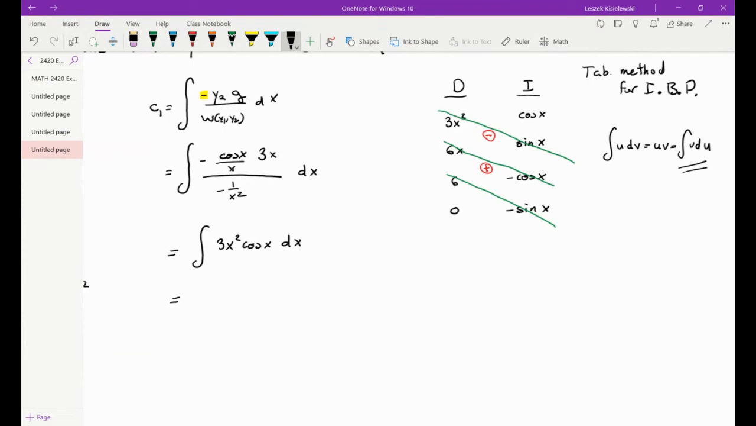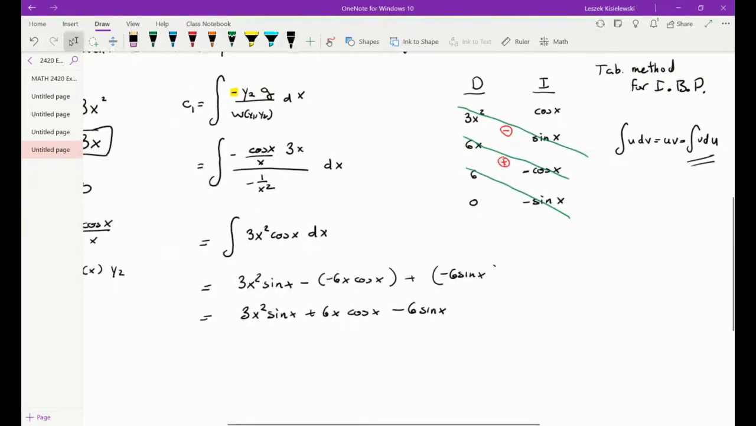Okay. So cool. We get 3x squared sine minus a negative, right? Minus as part of the formula, but we have a negative product. And then plus, and then negative 6 sine. Yuck, man. All right, so in C2,